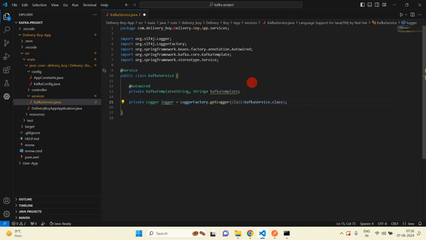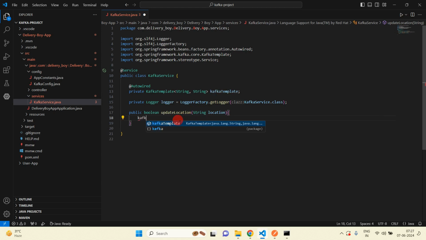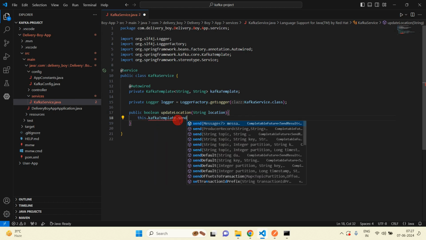After this we will create one method, that would be public, and the method type would be boolean, so it will return true or false. So the method would be updateLocation, and the parameter which we will get from the controller would be location as a String. So just write String location, and then here we will use this.kafkaTemplate.send, and it will take two parameters.